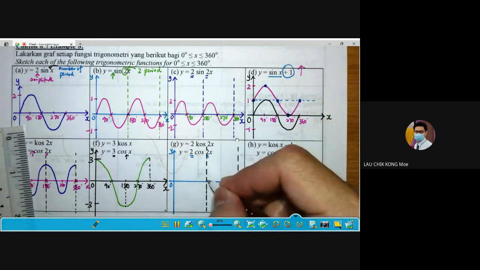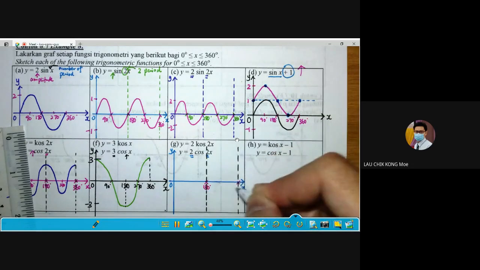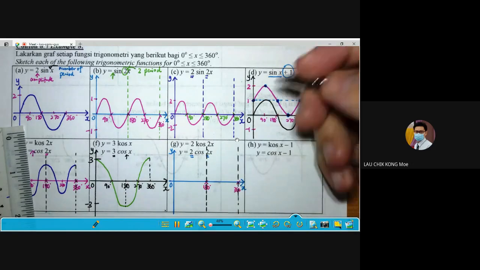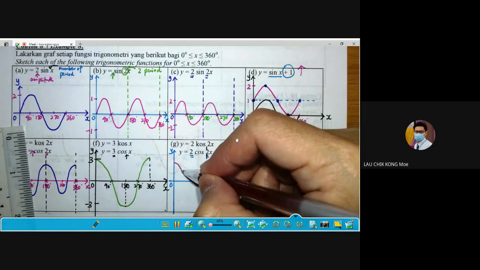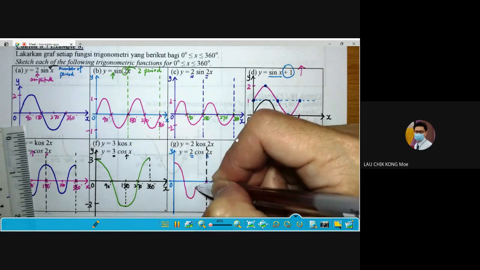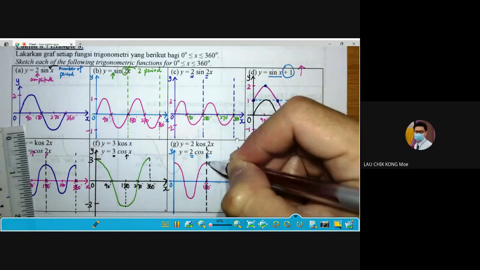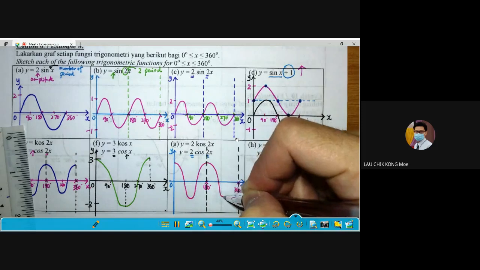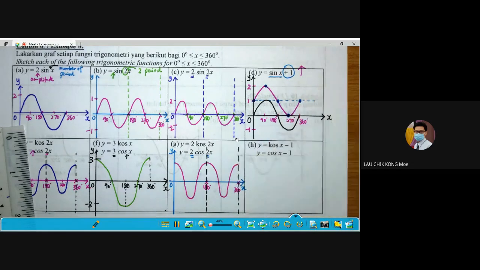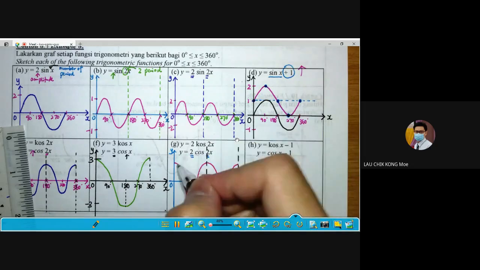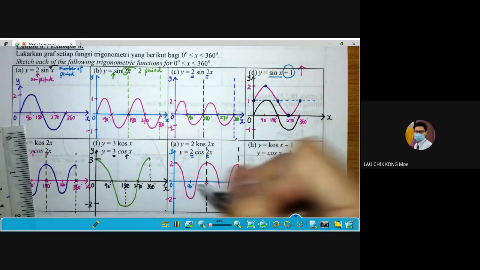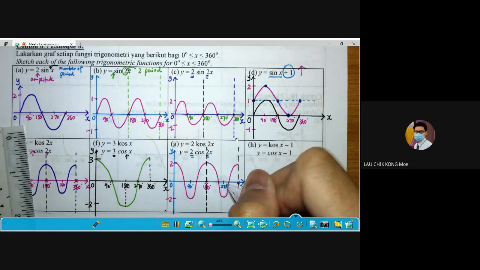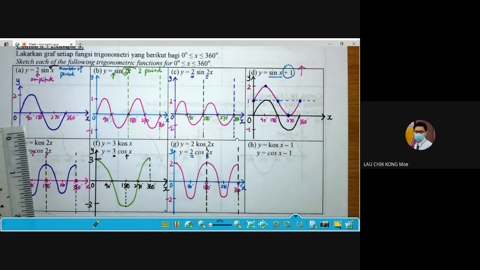Okay, so this is a 180 degree. You can step first. This is 360 degree. Okay, for the cos, I start from amplitude lah, 2, 2, -2. Okay, 1. Okay, 2. Okay, so this is 2 and -2. Okay, and 90 degree in the middle. This one 90 degree, and this one is 270 degree. Okay, so I think very clear my graph.